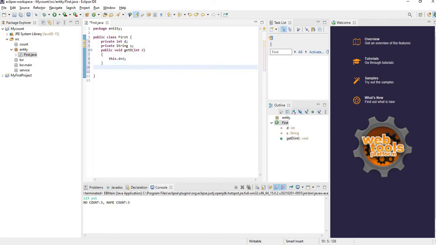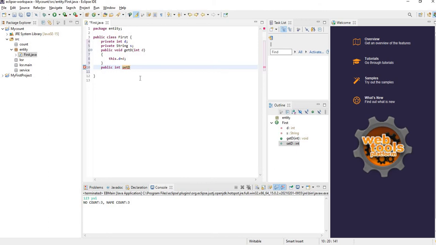Similarly, we have to give the setter method. The purpose of the setter method here is to return the result. So again public, and now we give the return type as integer, because the return type of d is int. Here we are going to return the value. Now again set, and then capital D because the variable name is small d.